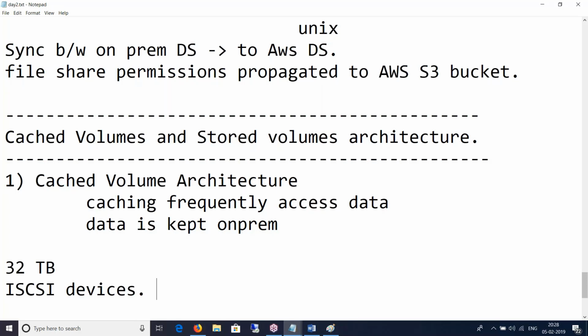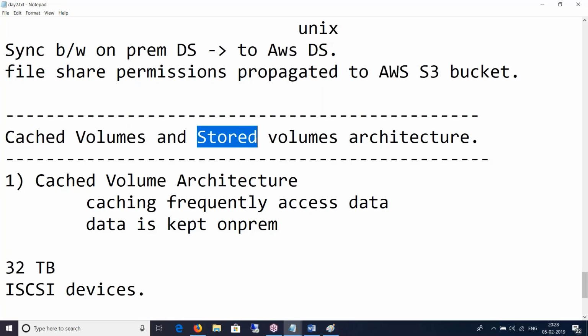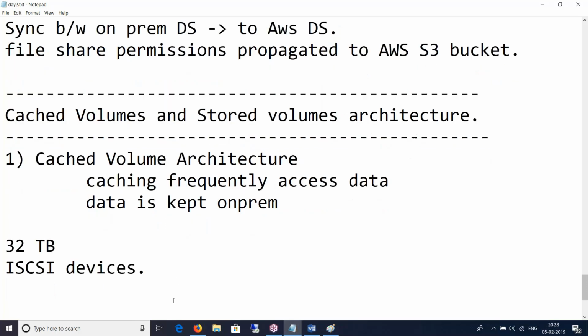There's also the volume gateway, right? There are two components of the volume gateway, which are cached volumes and stored volumes. The volume gateway stores the data that you write to these volumes in S3 and retains recently read data on your premise.